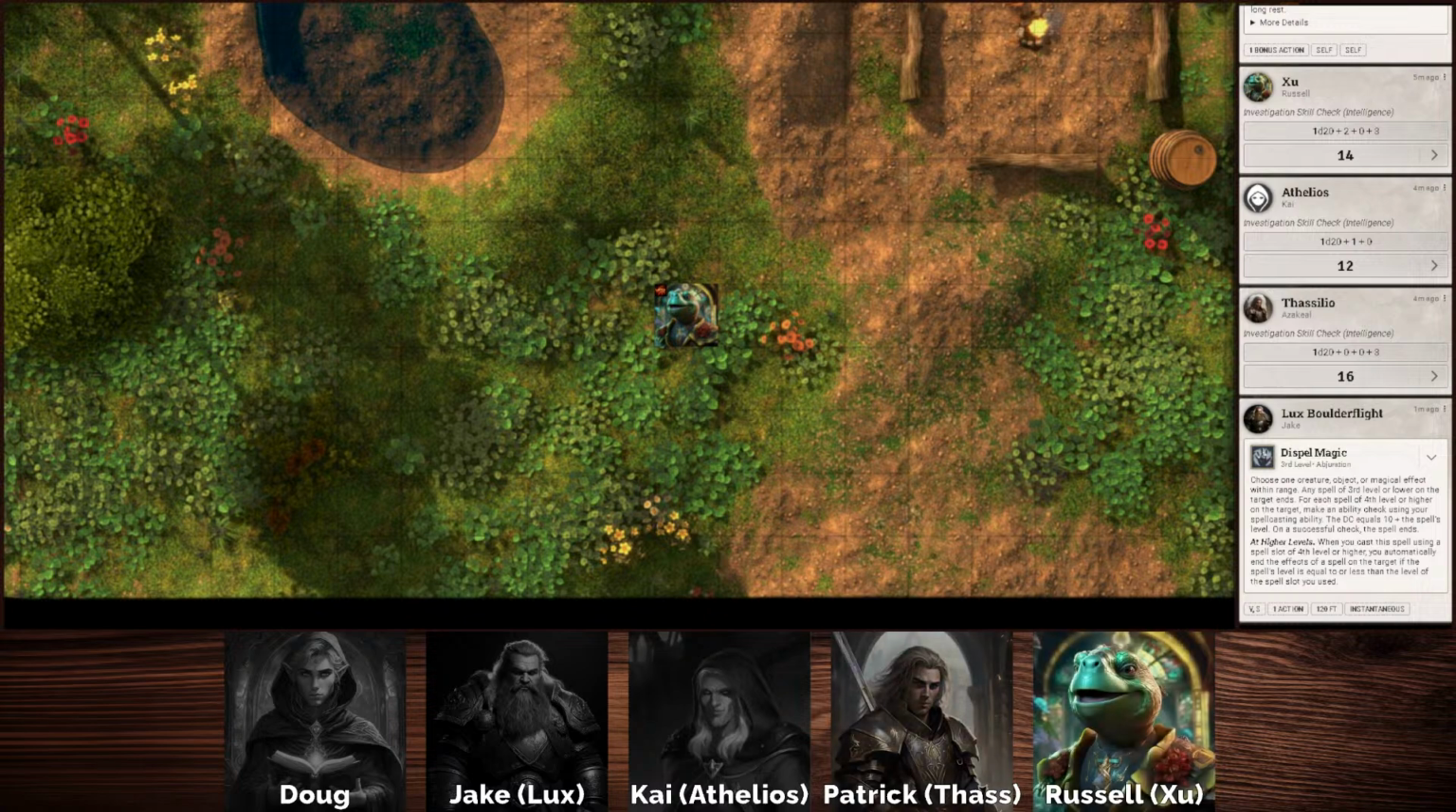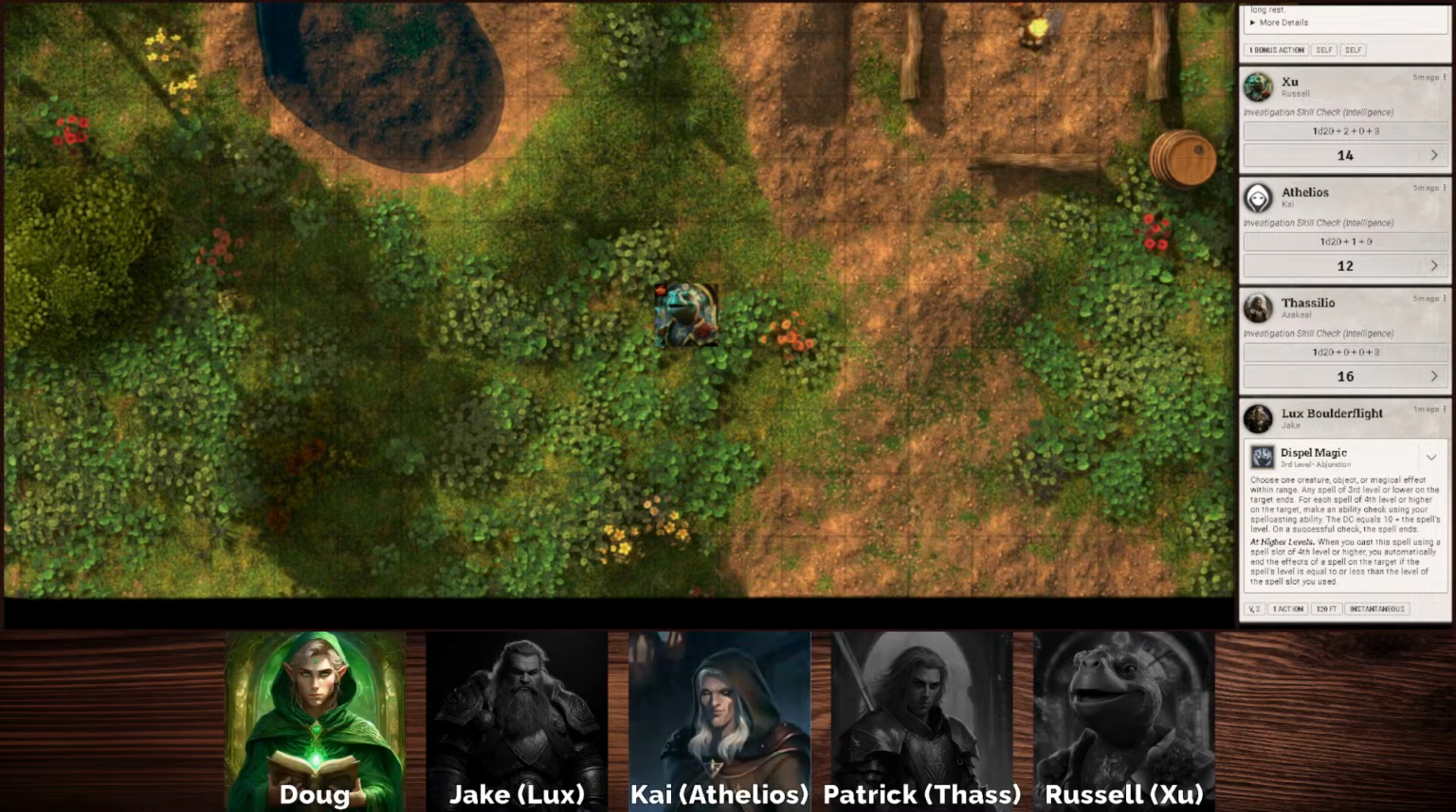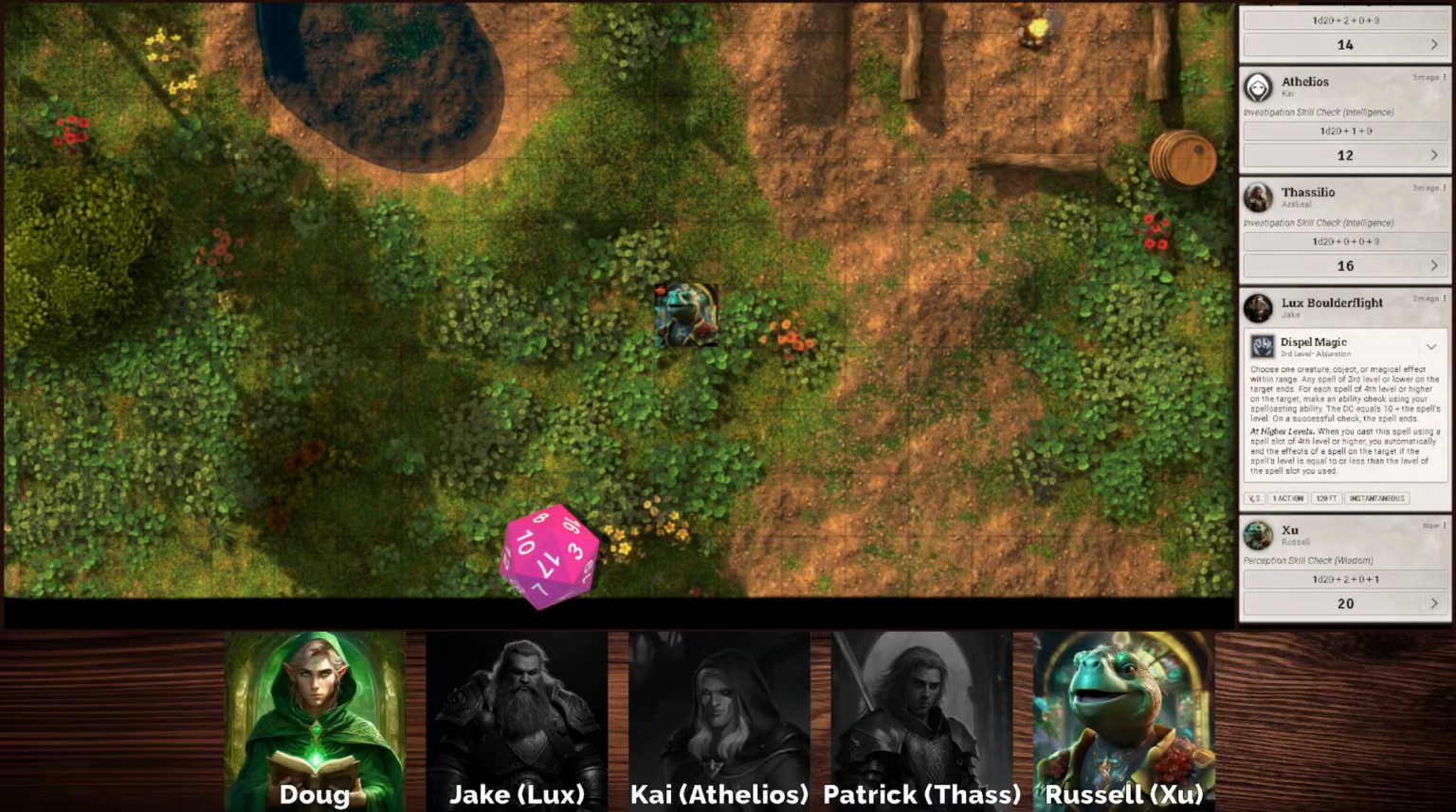I would like to approach the light beam and say hello. Sure. How are you? So as you approach, give me a perception check. Not super close, but I take a step forward. That's pretty good. So as you take a good step toward it,